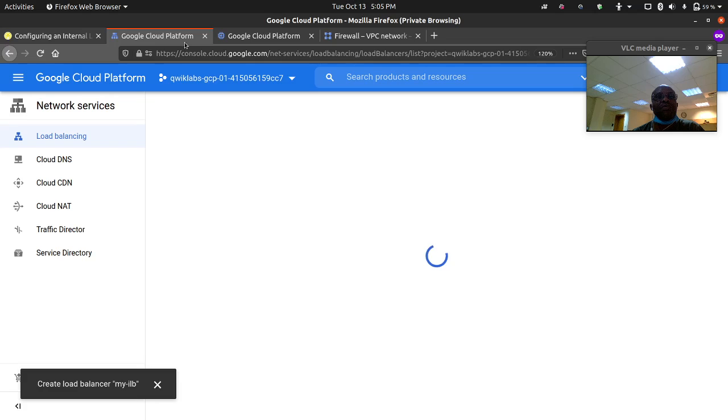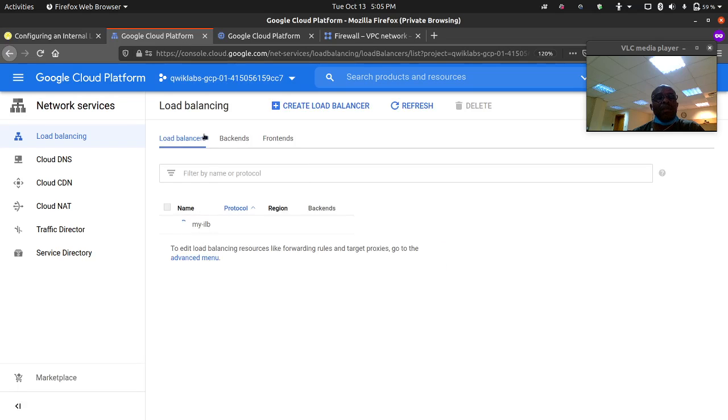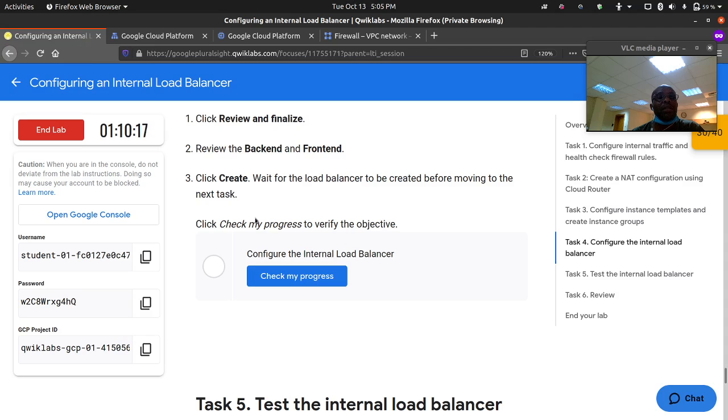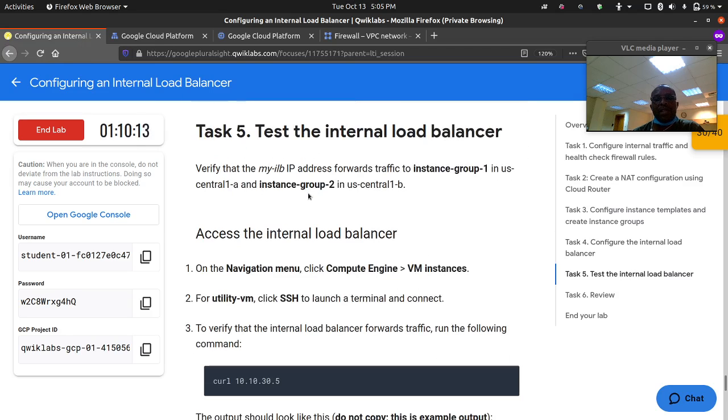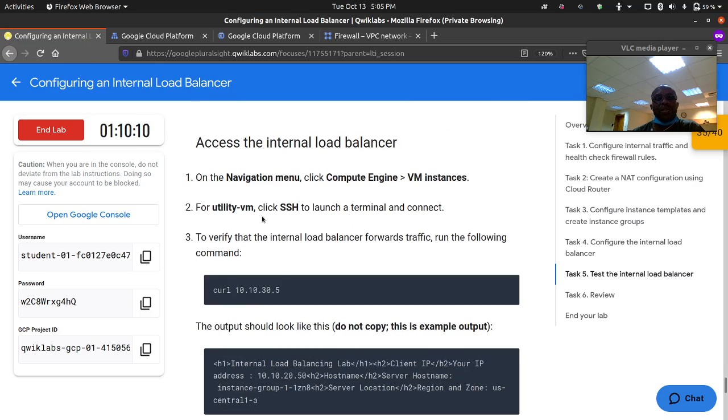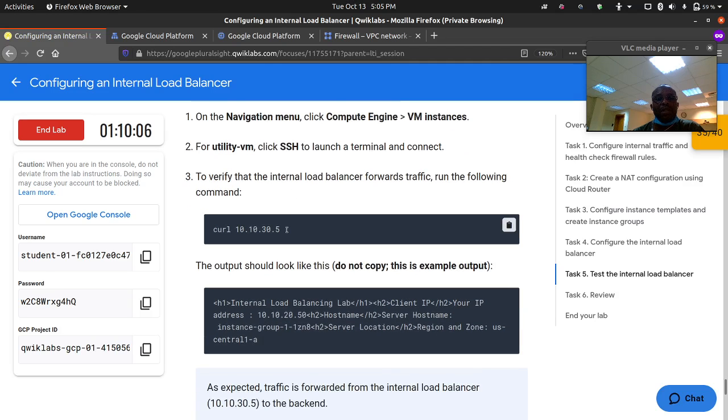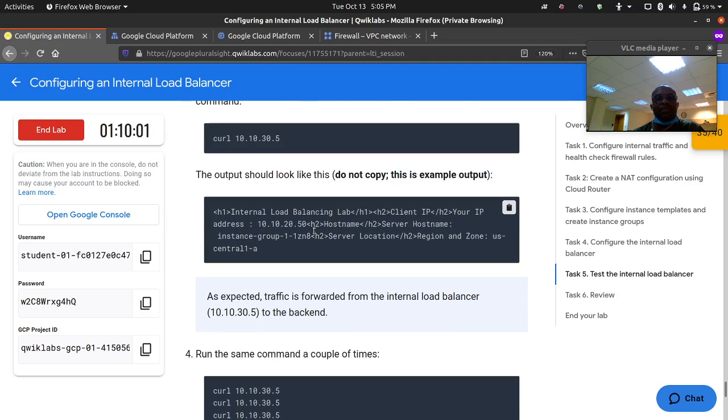Let's give a few minutes for the load balancer to set up, and then we will check our progress and test the load balancer. Of course, we still need to SSH into the utility VM and then curl the load balancer's IP address. Basically, when you add the backends, they will be hidden behind the load balancer, so all traffic sent to the load balancer will be shared between the backends. You can have as many backends as you want,